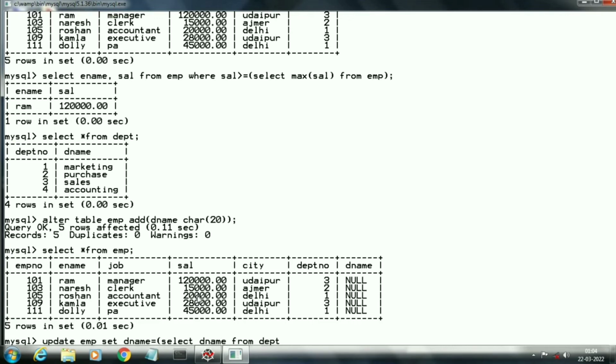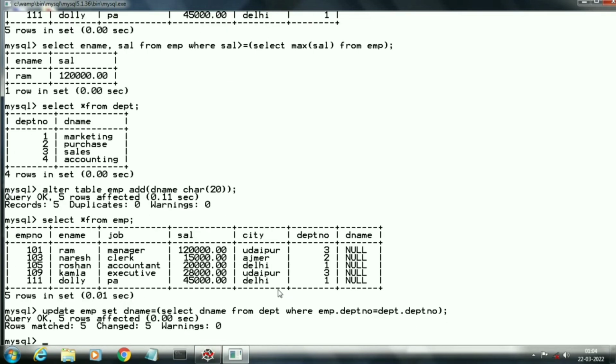We will write update EMP set dname, then equal and a subquery. Here in the subquery we will use an equi-join. Select department name from department where EMP.department number equal to DEPT.department number. Here it will do one-to-one matching comparison. We have written the correct subquery.